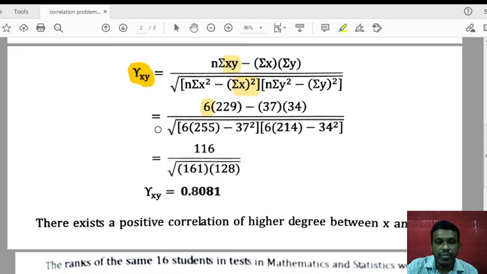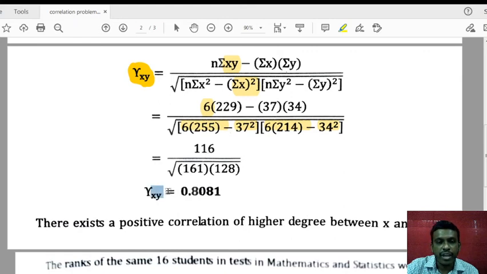Remember every time that we first need to solve the brackets first. Whatever is in the bracket has to be solved first, and then it has to be multiplied. So first we multiply this, then we find the square of this, then we subtract this minus this. Similarly here also we multiply this, find the square of this, and subtract both, and then we multiply both, because first we have to complete this big bracket. Once it is multiplied and the square root is found, it is divided into 116.